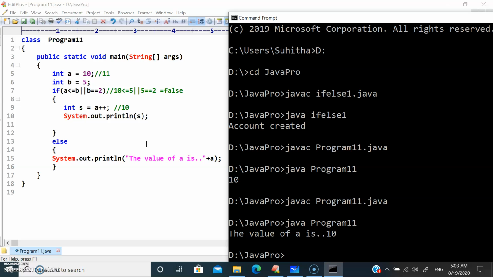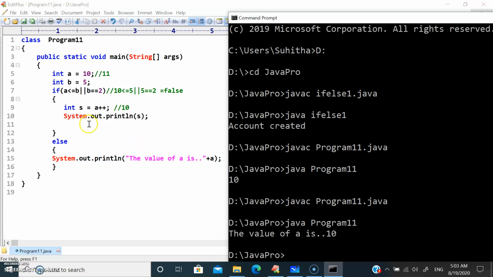If the watch is not available, then it's going to show us that it's not available, right? If the product is there, it's going to show us the information. If the product is not there, it will not display the information, right? Similarly, in such scenarios, we will be using the if else statement in Java.